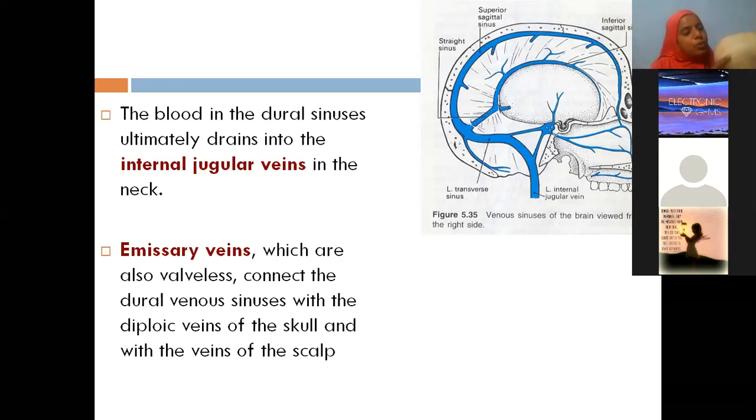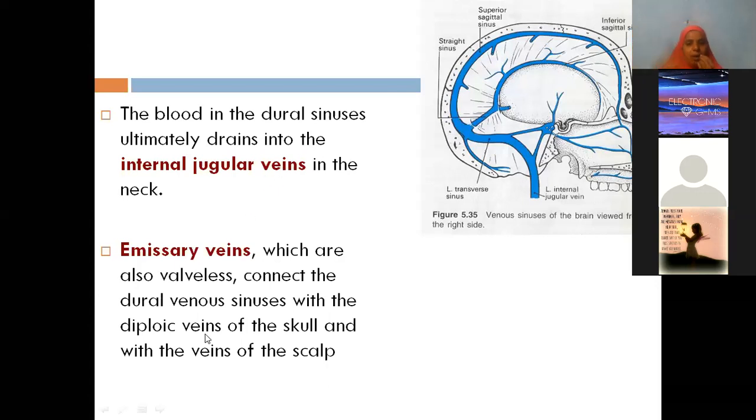That means through these parietal foraminae, the veins which are there over the scalp will be going inside, and they will get connected to the dural venous sinus. Okay, those are actually the parietal emissary veins which I have shown you. They will be connected to superior sagittal sinus. Like that, we have emissary veins, many in number, which are connecting the veins of the scalp with the veins of the dural venous sinus.